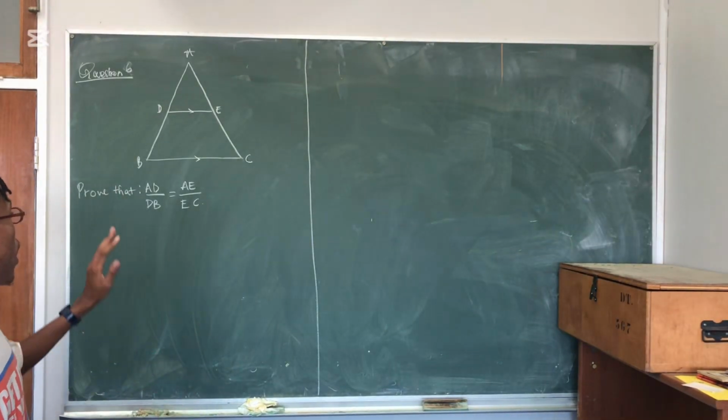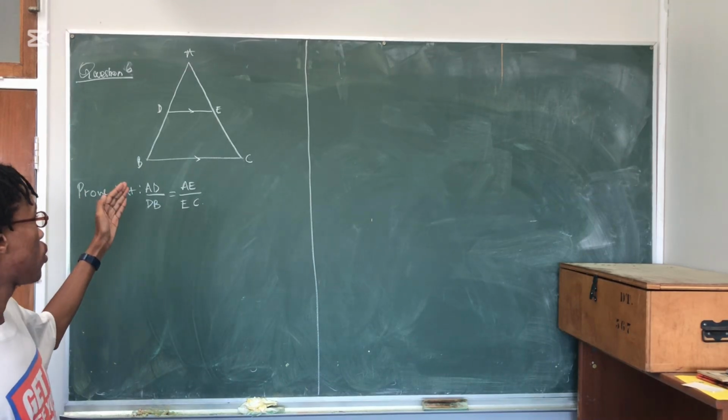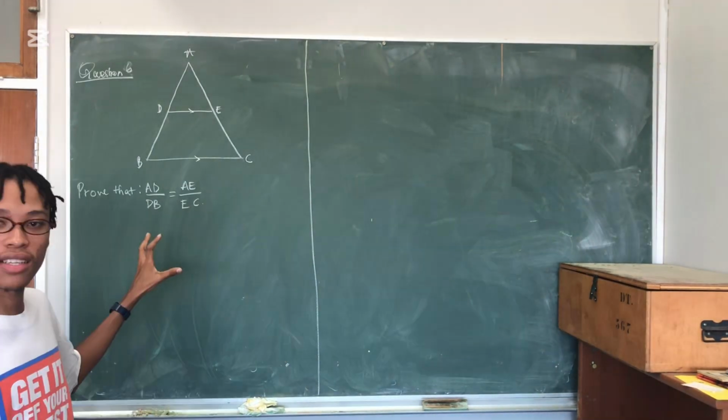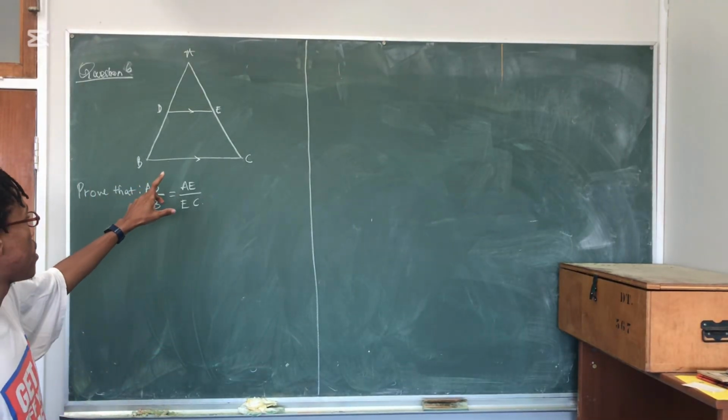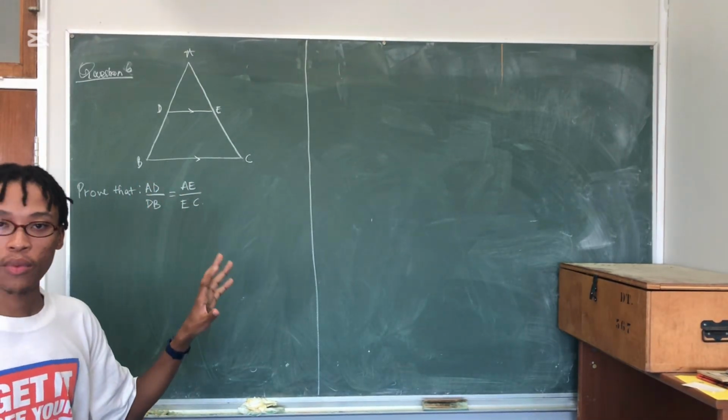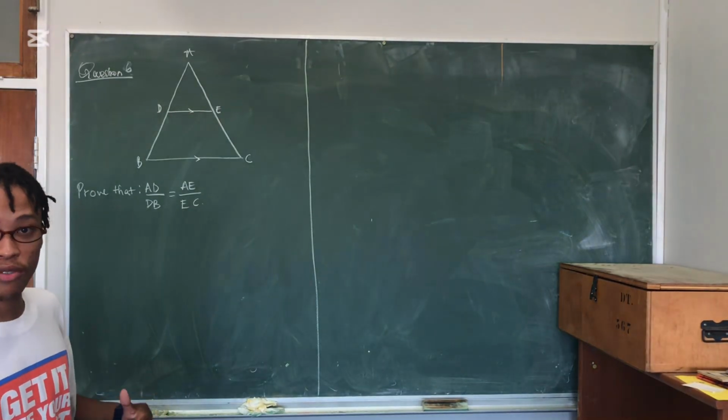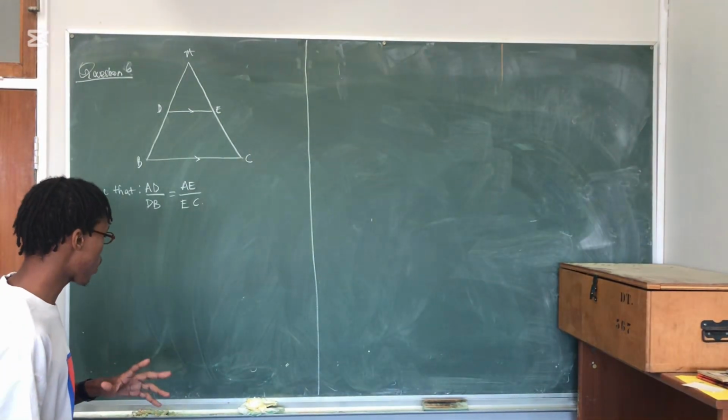We're asked to prove AD over BD is equal to AE over EC. This is a proportionality theorem. We are given that DE is parallel to BC. We're going to prove this using the areas of a triangle. We know that when we're working with triangles,